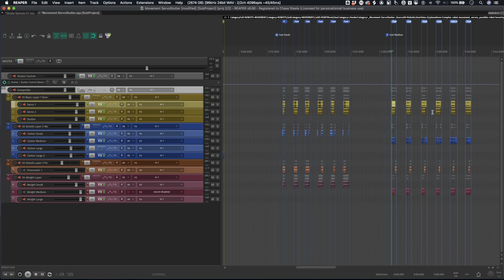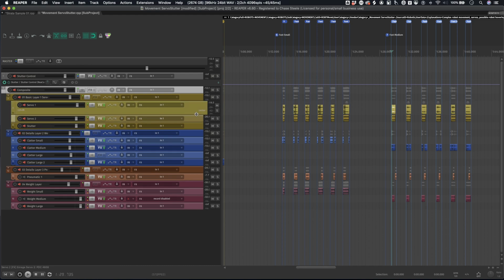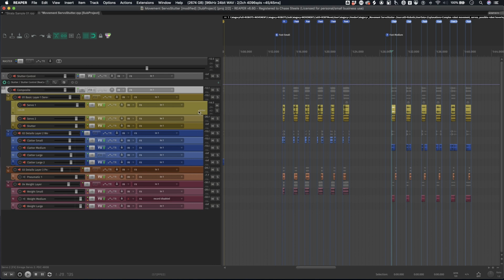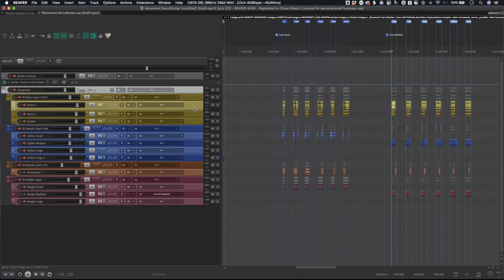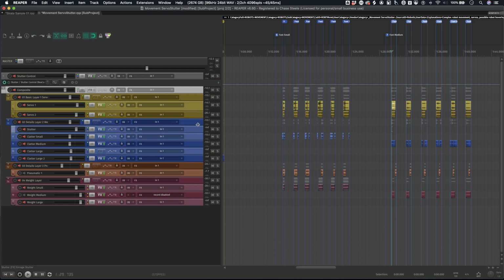And then I have access to all the layers of raw recorded props. Not only that, but because we have the plugins and the software that is necessary to get the final designed sound, that's all there as well on the track inserts. So we'll just take a quick minute to look at some of the material here.